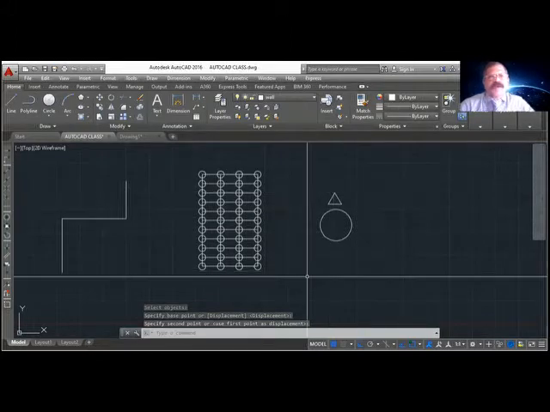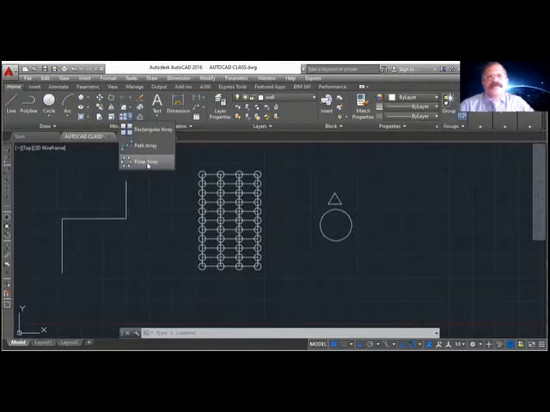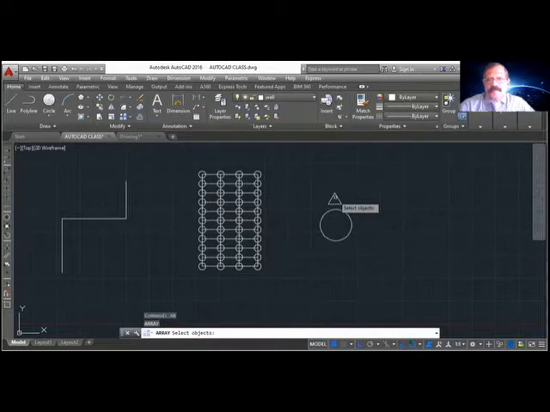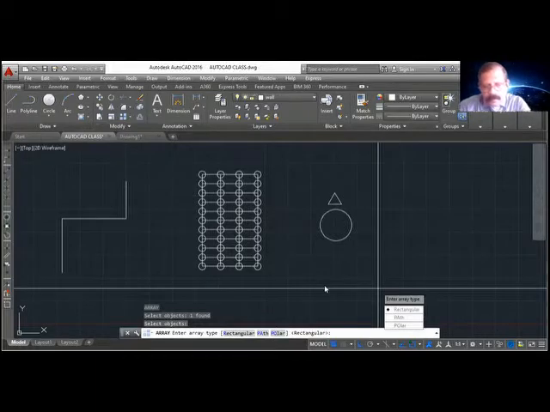So you can use polar array either from here, polar, or you can go to modify from there. So the best way is just type AR, array, select the object. Now we want polar. So the short is PO. So PO you have to go.